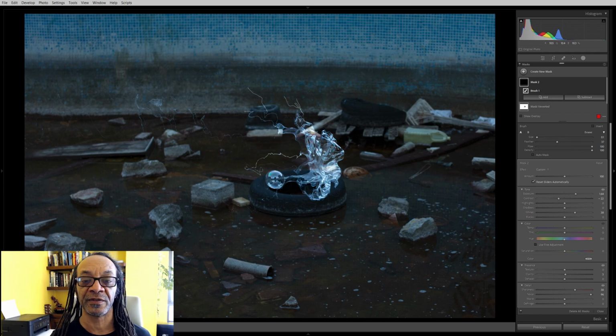Part of the characteristics of the bubble is it's very wavy, it's very colorful, but it's also glassine in its look. It looks like glass, and so you can enhance that, make it look glass-like or water-like, and that was the idea behind